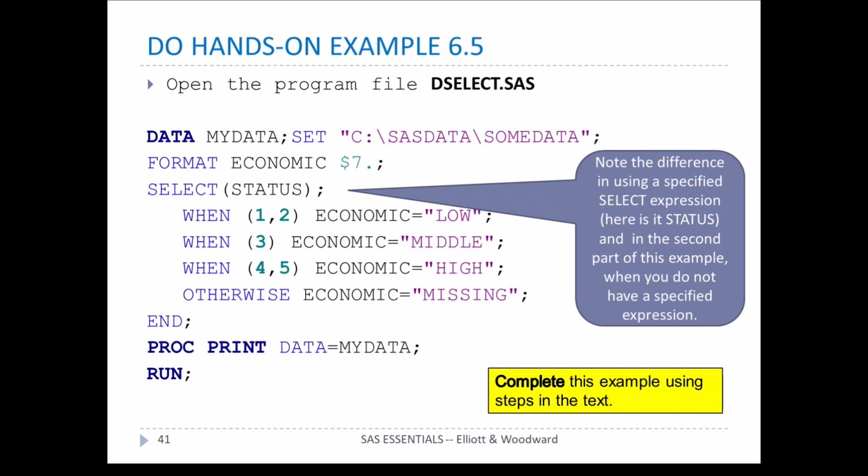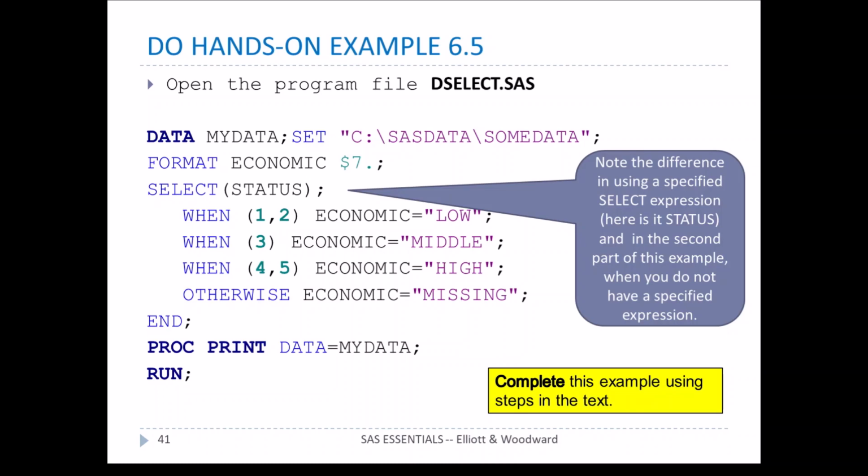All right, so let's look at example 6.5. Open up the file called deselect.sas, and this contains a SELECT statement, as we can see, using the first method here, where we say SELECT status. When status is 1 or 2, we're going to call it economic low. 3 is middle, 4 or 5 is high, otherwise missing. So that gives us a quick way again to